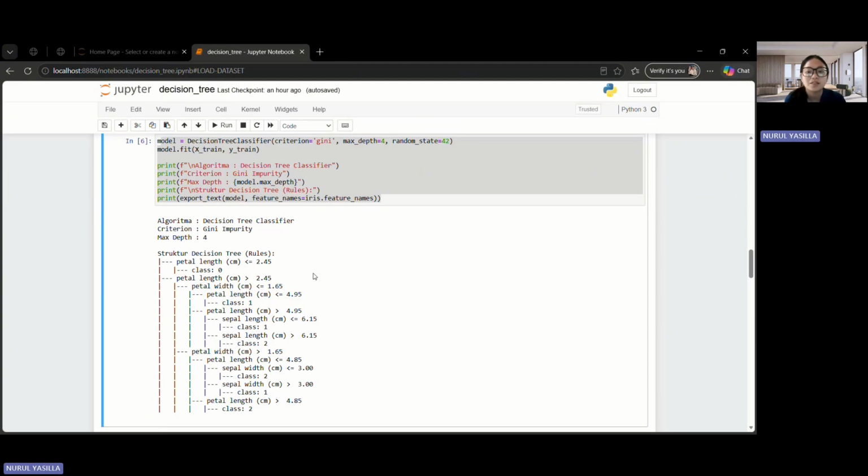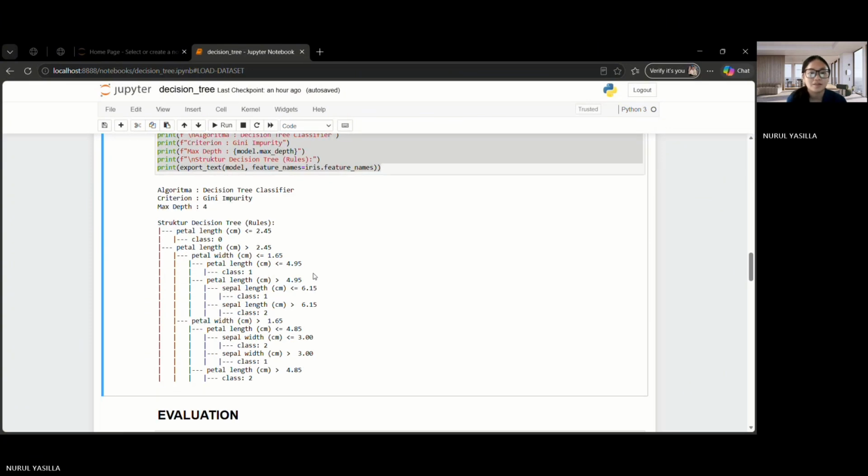The model is then trained using X_train and y_train. After training, the tree structure is displayed in text form using export_text, allowing the decision rules learned by the model to be read directly. For example, petal length below 2.45 leading to the Setosa class.